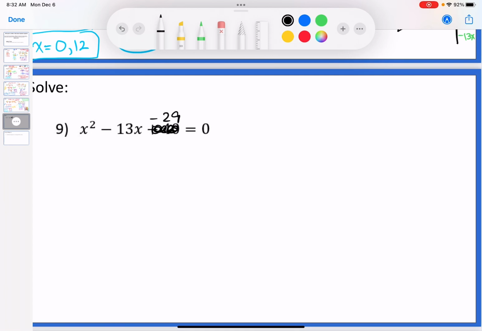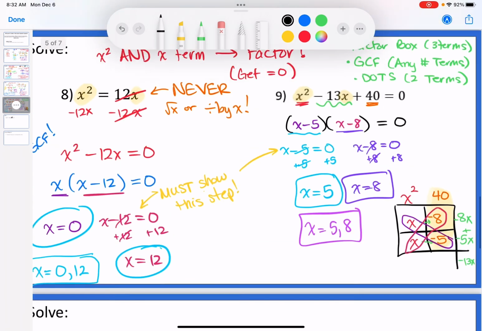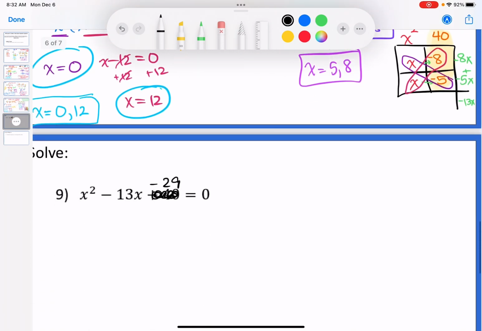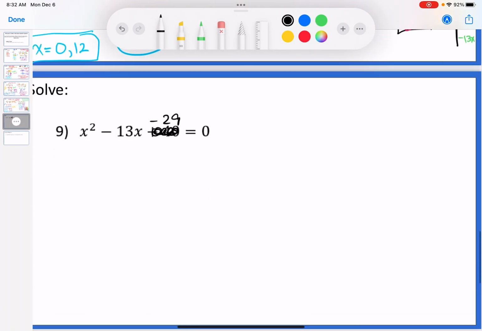So instead of having the same problem, I wanted one that was very similar. However, this says x squared minus 13x minus 29 equals 0. The last one was x squared minus 13x plus 40. So the reason I could do my factor box there is because I could figure out a factor box from the factors of 40. But if I think of the factors of negative 29,